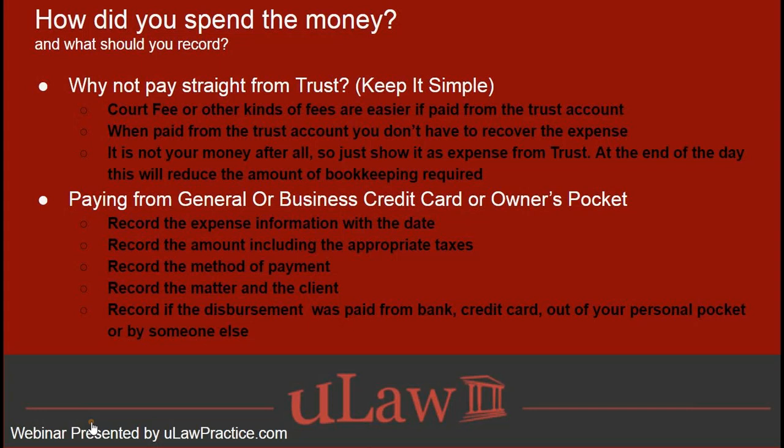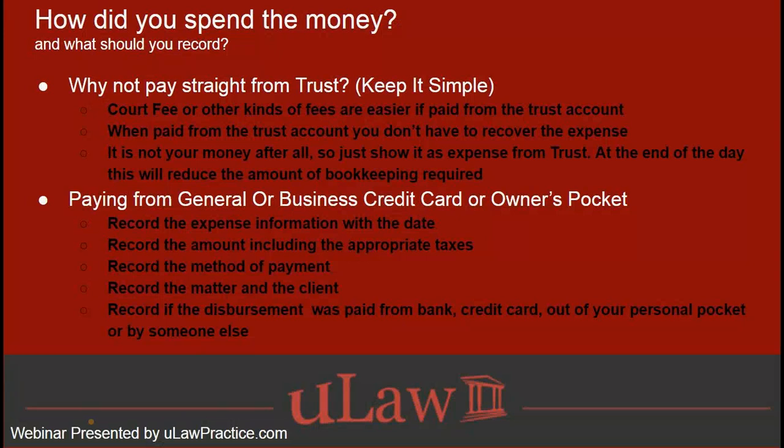But if you're dealing with trust money where you're saying, I need this retainer, which is money ahead of time for me to even start getting started with this engagement, so pay me my, maybe it's a $1,000 retainer plus a $200 extra for the disbursements that you recognize that may be required as part of the file. And so you accept really a $1,200 retainer up front, and you use that as the vehicle to pay for those disbursements.